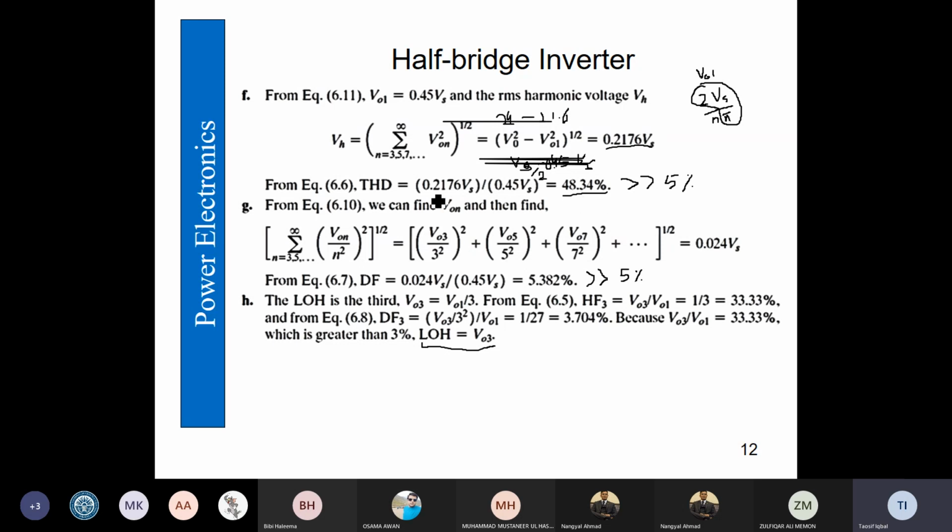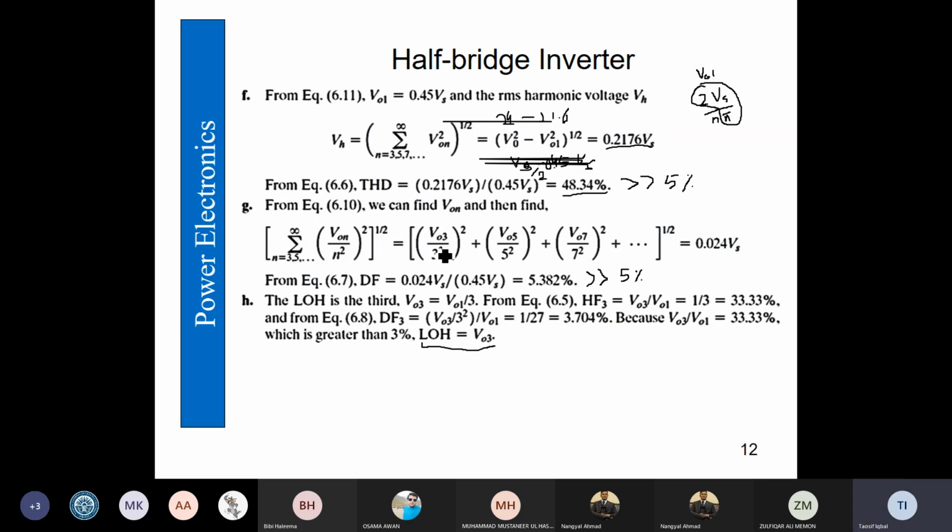So that means if the total harmonic distortion is high, then we have to apply a filter. And after applying the filter, what we will get, we can approximate by finding out the distortion factor. So how are we going to find the distortion factor? For this, we have to use the harmonic voltage divided by the harmonic number squared. And if you remember, this square indicates the order of the filter. So 2 means we are using a second order filter.